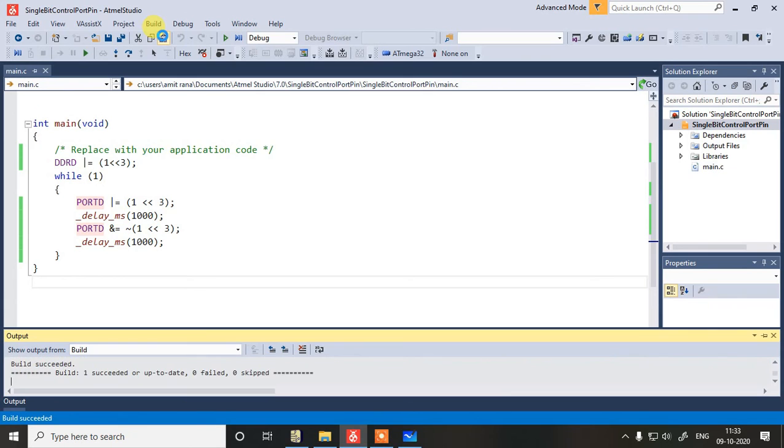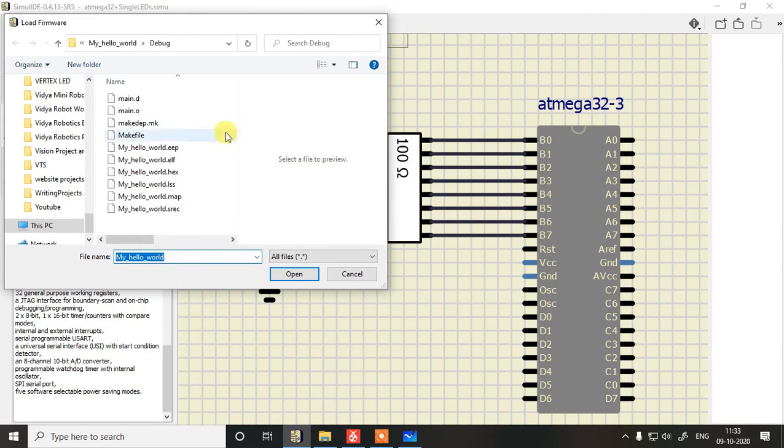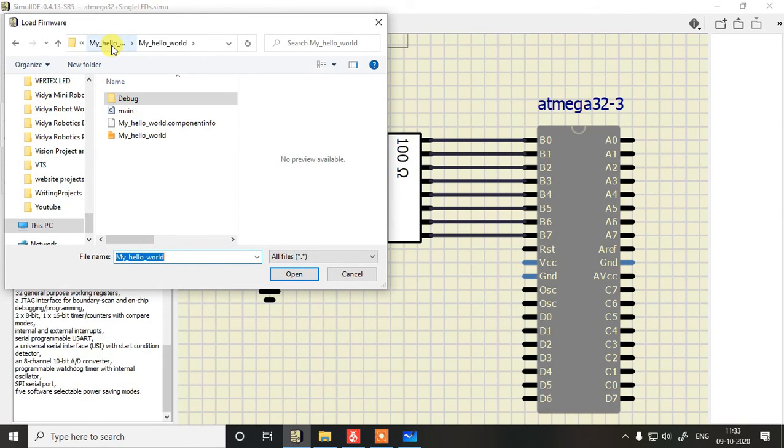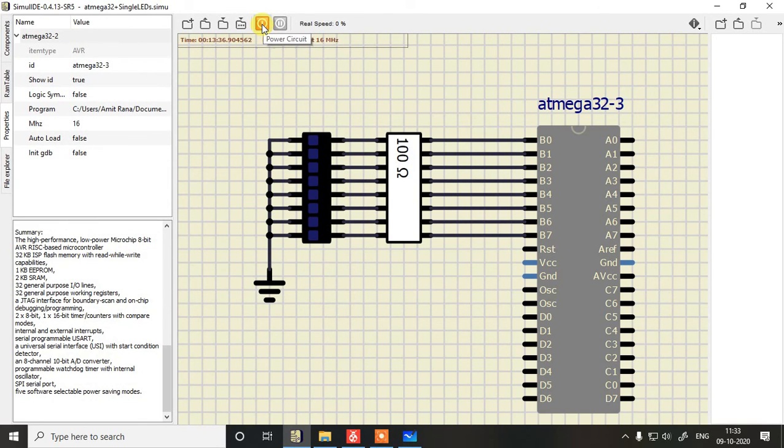So the solution is built. There are no errors. Now I will load the firmware. This time it's not my hello world, but it is single bit control port pin. So this is the hex file. And let's start or power on the circuit.